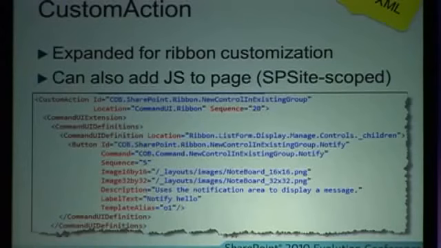Finally, custom action, which is the element that we use to provision links into various places in SharePoint. That's been expanded quite significantly, mainly based around ribbon customizations. And if you read my blog, there are some detailed articles on there about using custom action to customize the ribbon. One other thing that you can use custom action for is to add some JavaScript to all the pages in